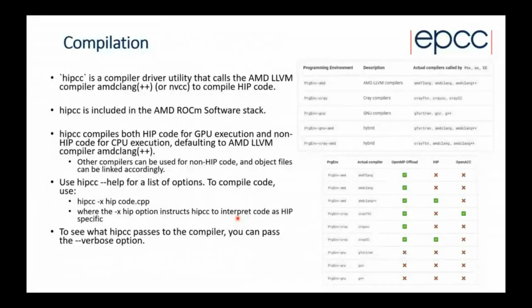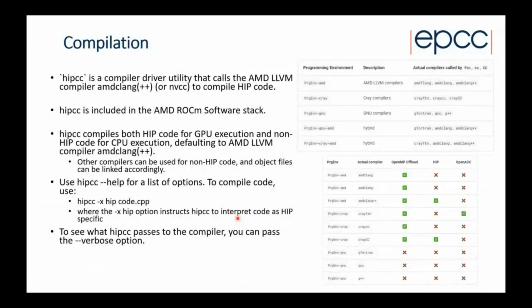HIP compiles both HIP code for GPU execution and non-HIP code for CPU execution, defaulting to the AMD LLVM, AMD Clang, or C or C++ compiler. Other host-side compilers can be used for the non-HIP code, and the object files can be linked separately. You can play around with the settings for this to understand how hipcc provides you capability. Look at the help information